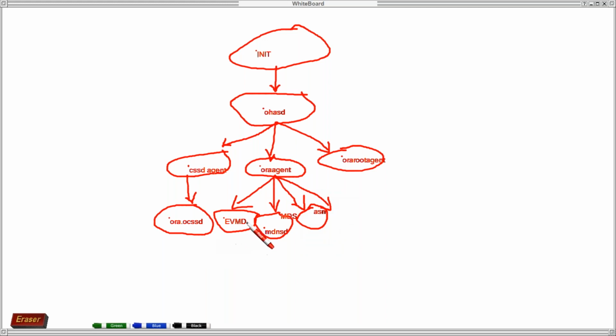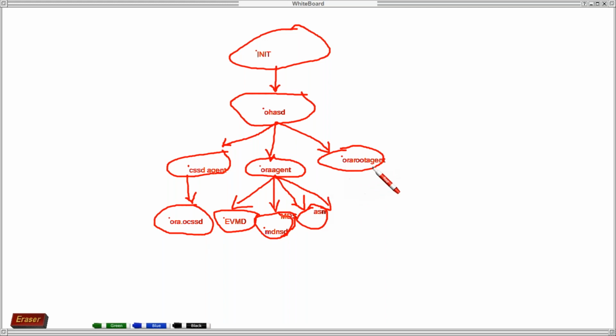So these are the 4 processes. Okay. So Event Manager EVMD, MDNSD, then ASM processes. Okay. So what these are, how it is working, we'll see now.